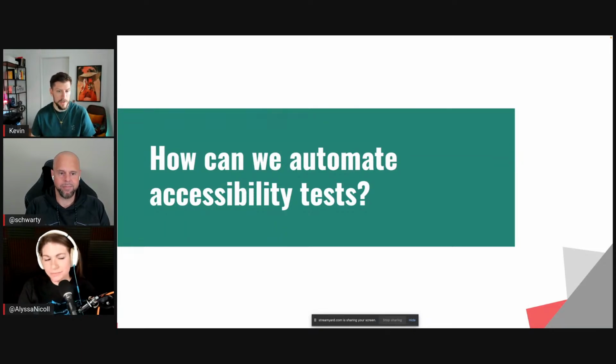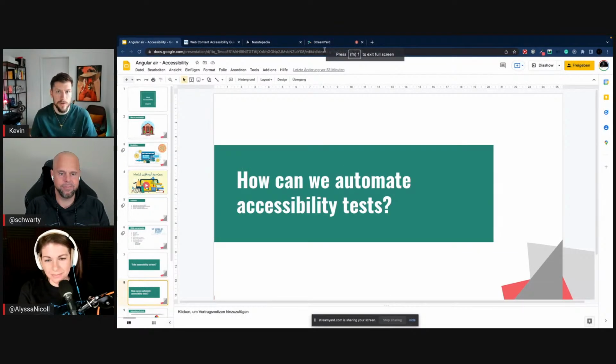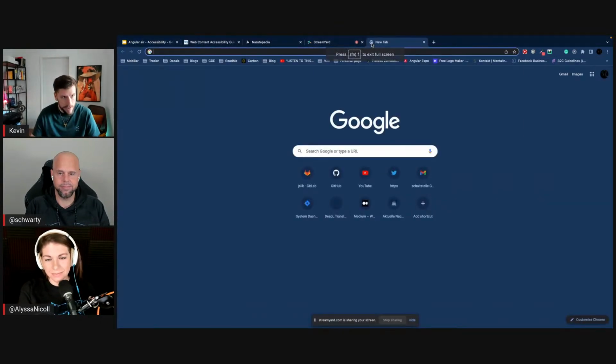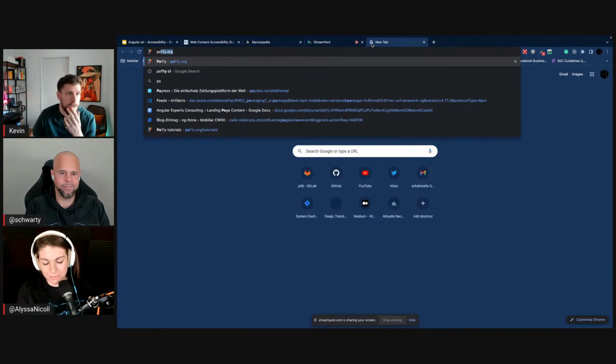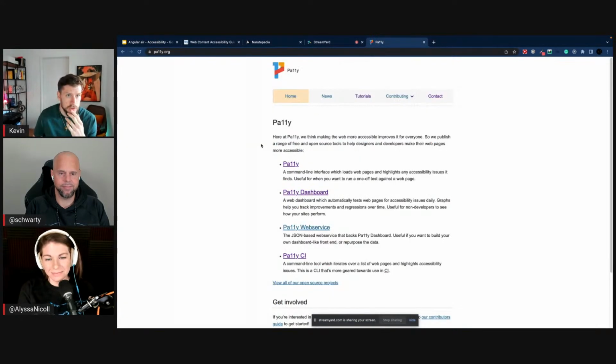To take it more seriously, how can we automate it and integrate it into the development workflow? So I was researching a bit, and then I came across a webpage or an organization called A11y, and this A11y stands for accessibility.